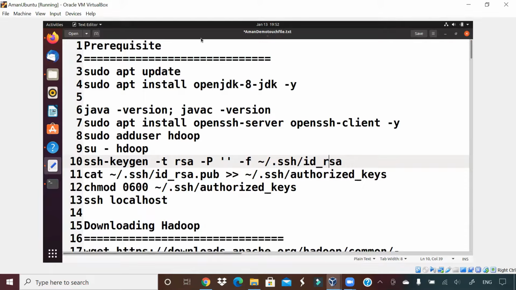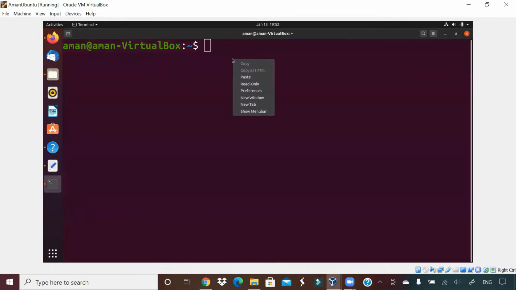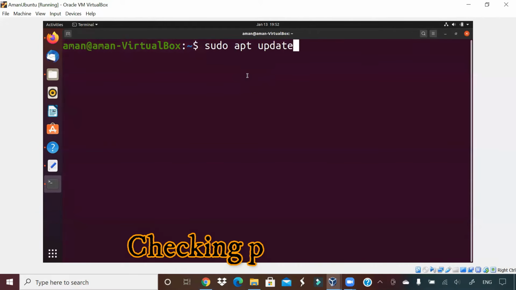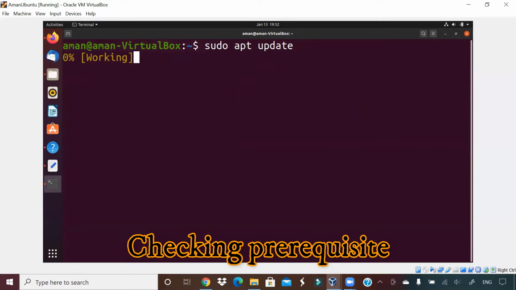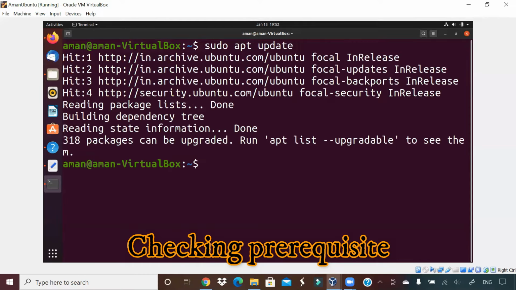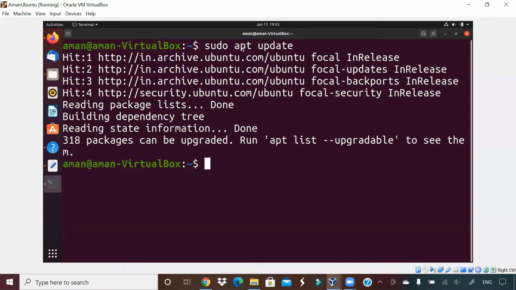Okay. So what are the prerequisites for running Hadoop? First of all, there should be Java on your machine. We will check that. Before that, I am just updating my system. Okay. Updating my root user, everything in the system. Let me update that. It is getting updated. It is done. I'll give you all these commands, guys. First command is sudo apt update. I have updated my system.